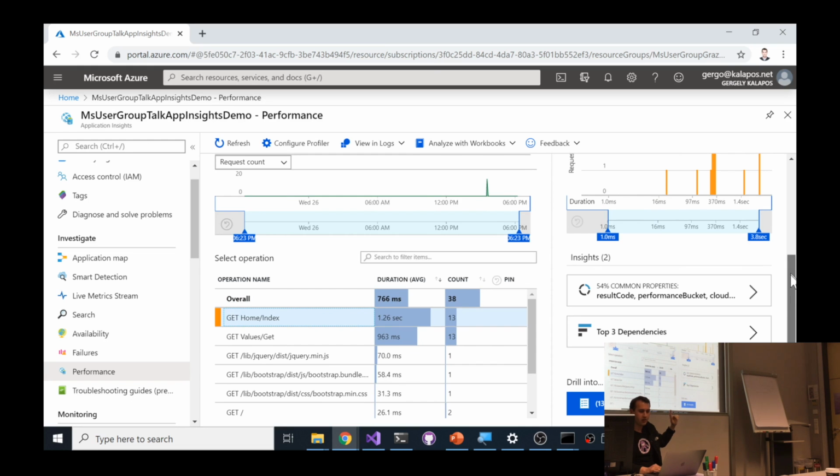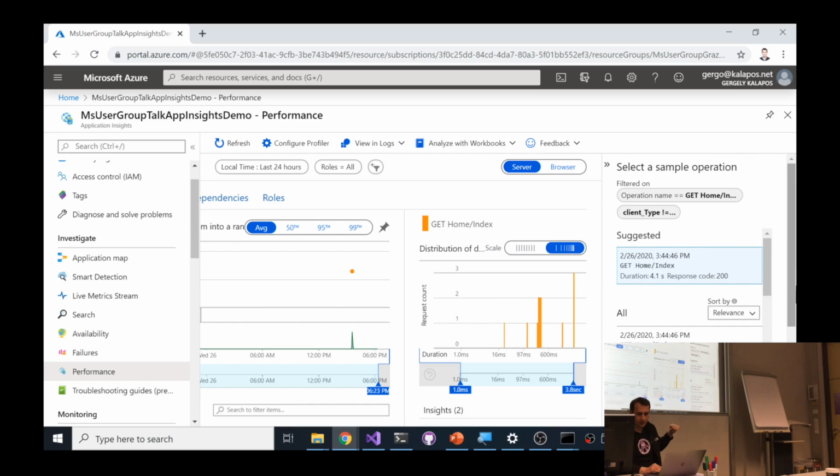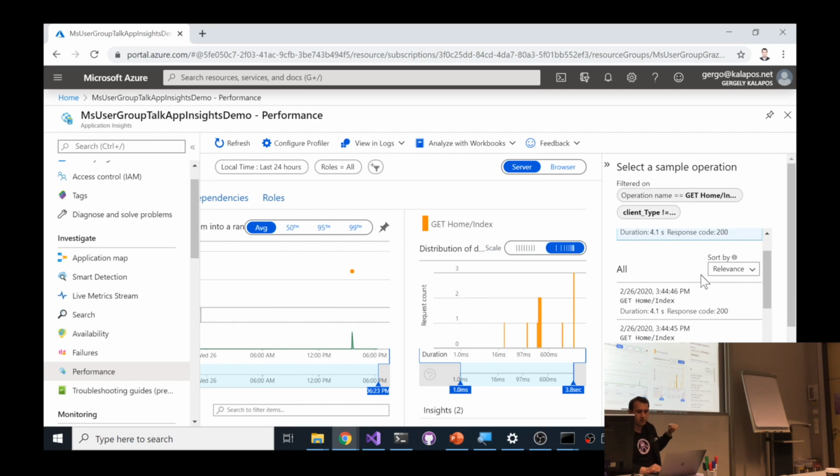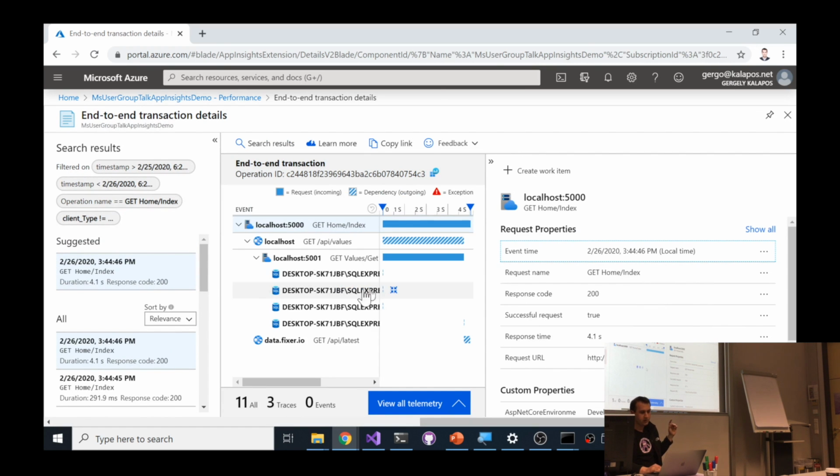And we can even dive deeper. We see that there are 13 samples for that. Okay, let's click on that. This is a request. We know that the response code was HTTP 200. So for this given request, we know that it returned without an error. And if I click on that, what we see here is that there is this end-to-end transaction. So basically, what we see here is exactly what happened during that request. We see that it was a request to the home/index, and then it went into another host. This is running on localhost 5001. It triggered this